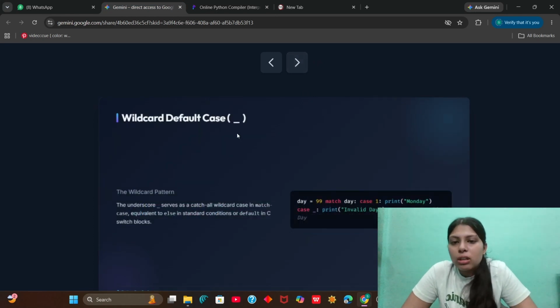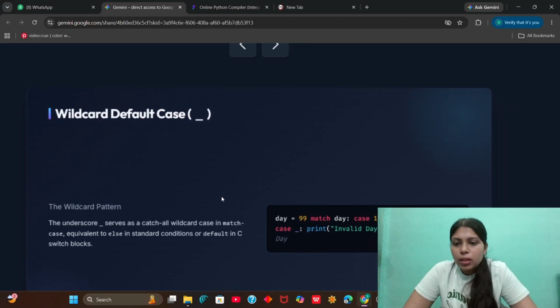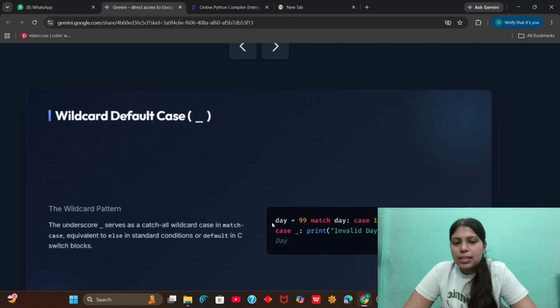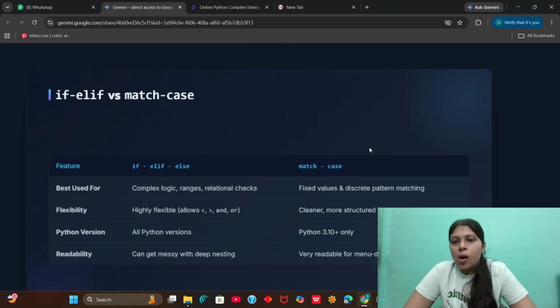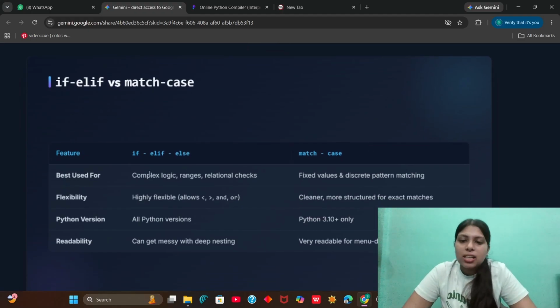So we learned about the wildcard default case, which works if none of the other cases get matched, and this underscore serves as a catch-all wildcard case. As I was telling you, if-elif-else and match case work for the same thing, but